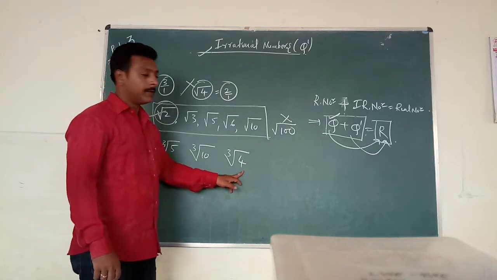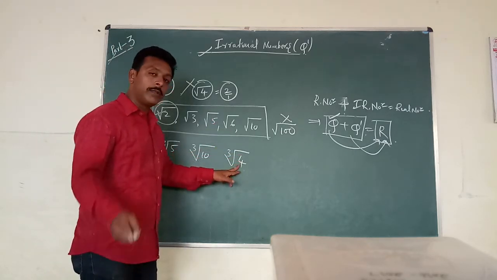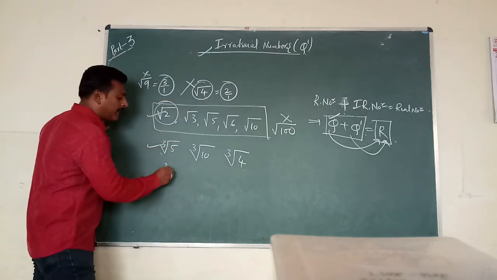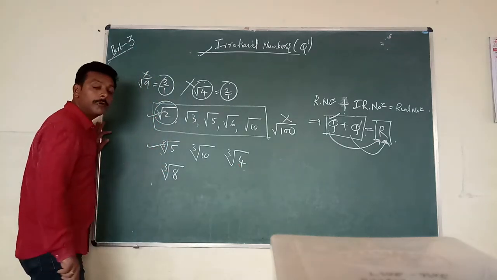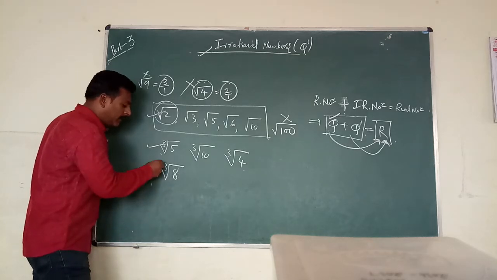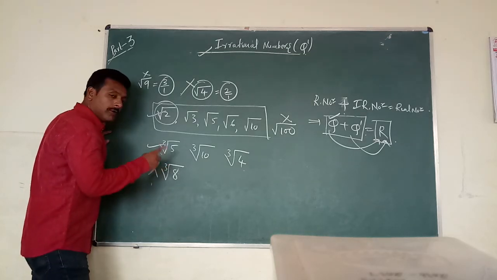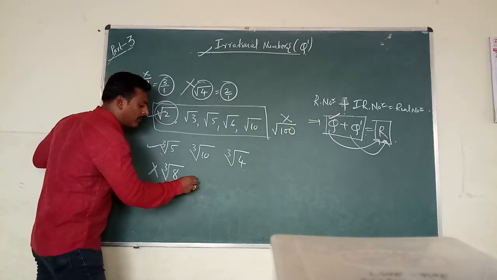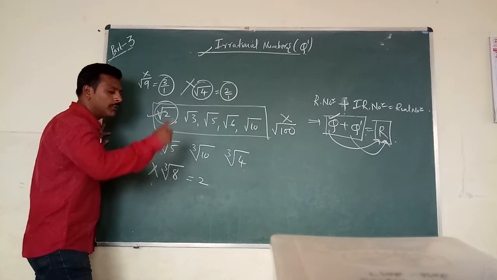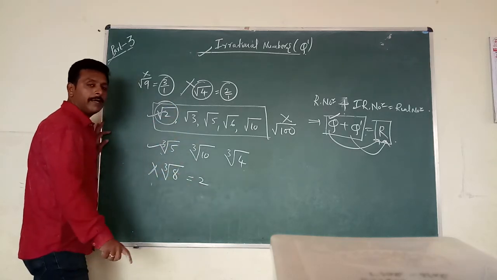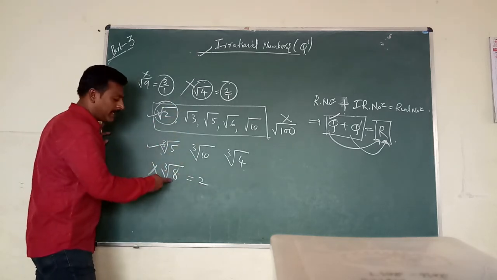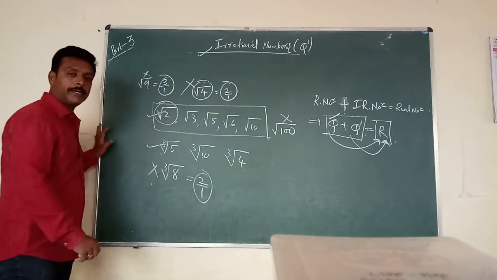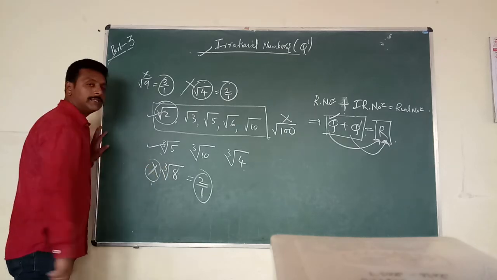Here I wrote 4, not here, because 4 is a perfect square, not a perfect cube. But I didn't write cube root of 8. नहीं लिखा. Cube root of 8 क्यों नहीं लिखा? It is not an irrational number because 2 का cube है 8. Cube root of 8 is equal to 2. Because 2 2s are 4, 4 2s are 8. When you multiply 2 three times, you will get the 8. Cube root of 8 is 2. Again I expressed it in the form of p by q. Therefore it is not an irrational number.